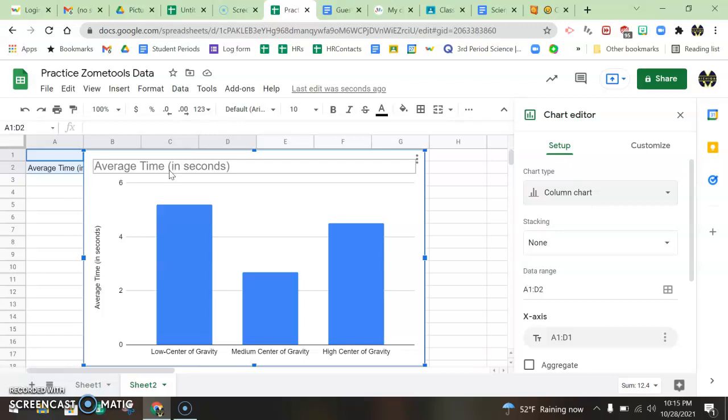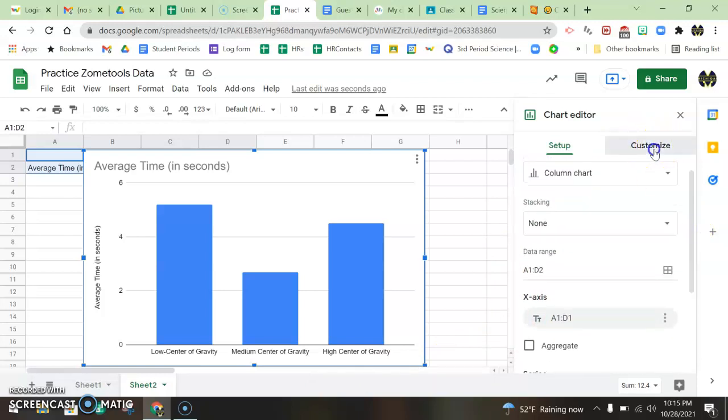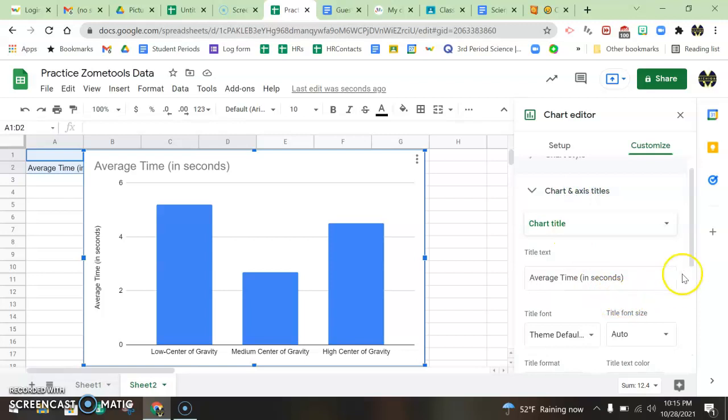And if you notice, it already has a title going across the top, and it has a title going along the Y or the vertical axis, and it already has the titles going along the horizontal or the X axis. The only thing you really need to change here on the side is, I'm going to scroll down. Actually, I'm going to go to Customize, choose Chart and Axis Titles, and instead of saying average time in seconds,